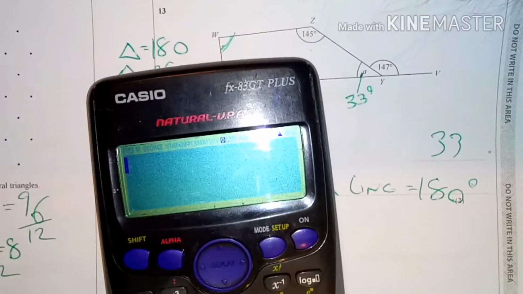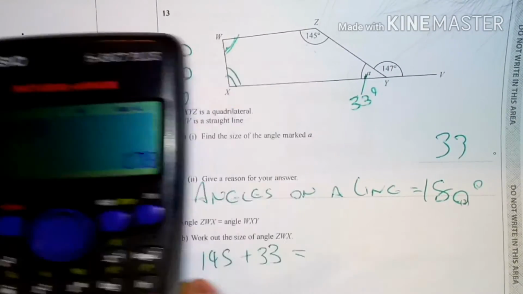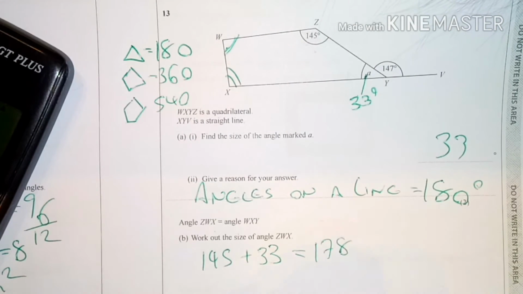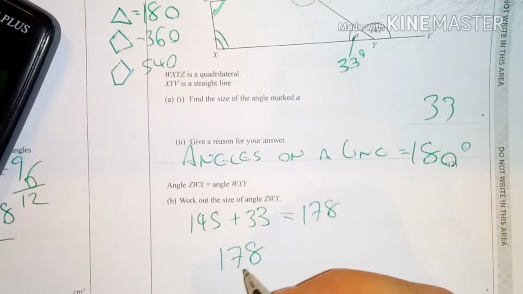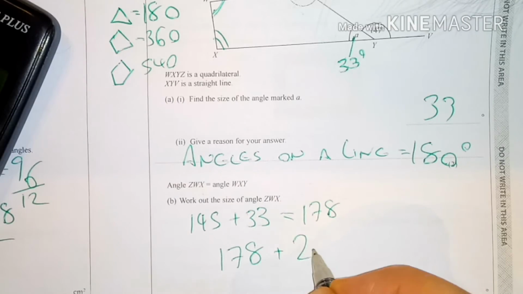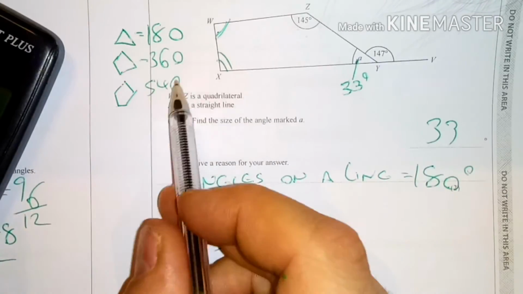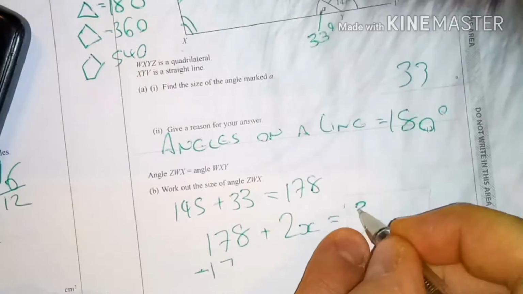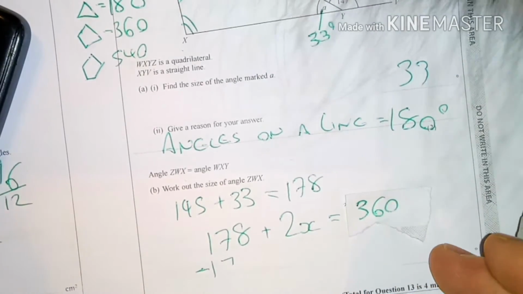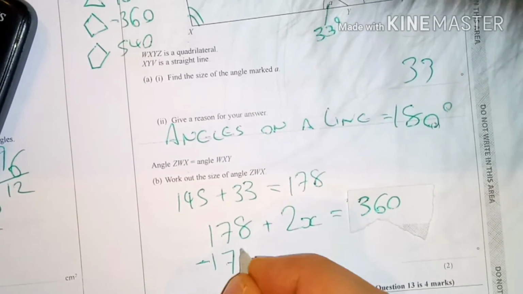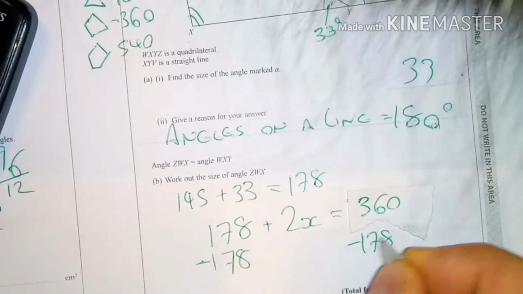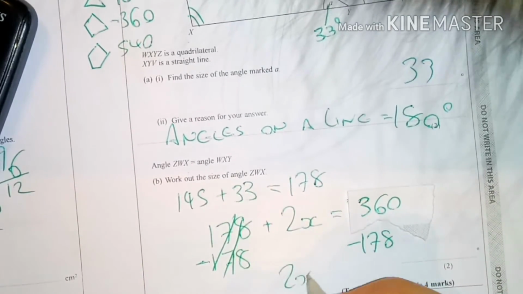Okay, 145 plus 33 equals 178. So 178 plus 2x, and I'm just going to call the angles x because I know they're the same, because these two are the same, equals 360. Now to solve this, I need to minus 178 from both sides. Okay, these cancel out, which gives me 2x equals